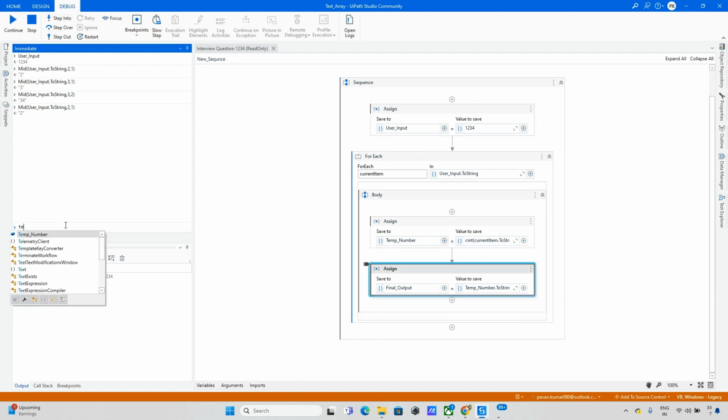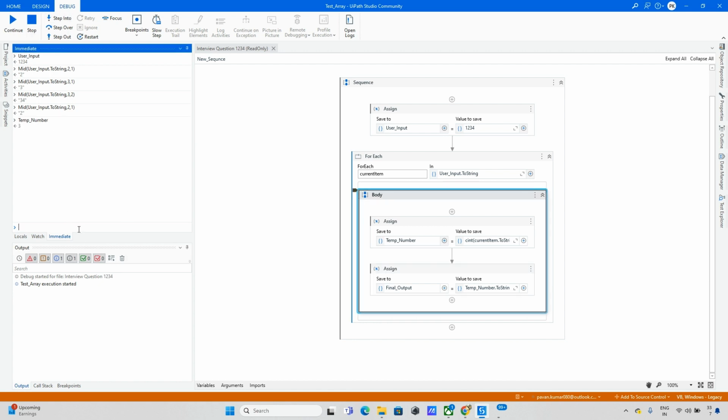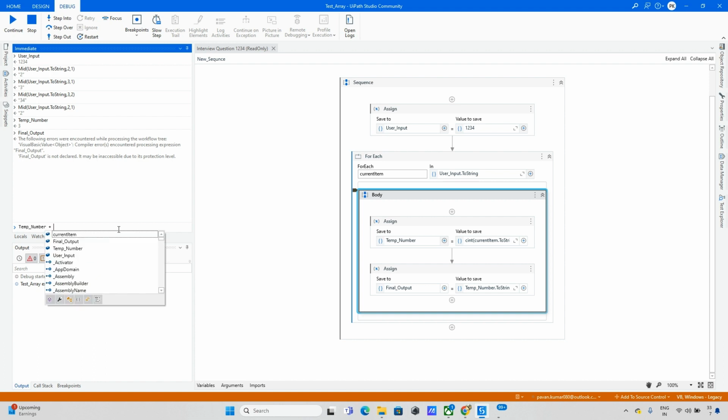First of all, I need to check this temp number. So I got this three. And I need to check this final output, how it will work. Basically, this final output should come. Let me check this temp number plus what I gave here. Temp number dot to string plus